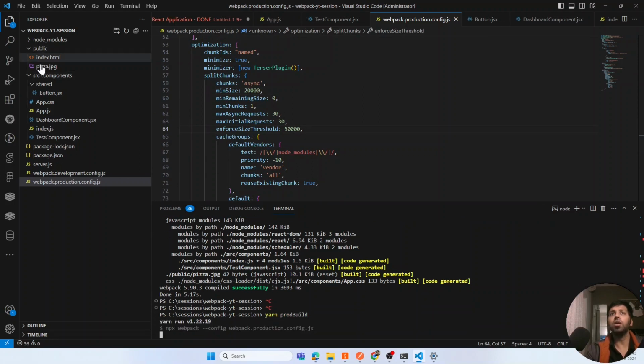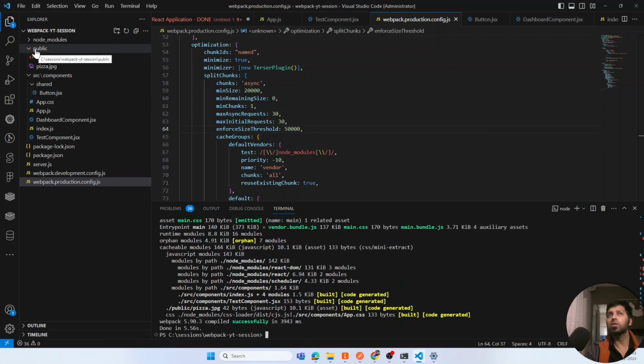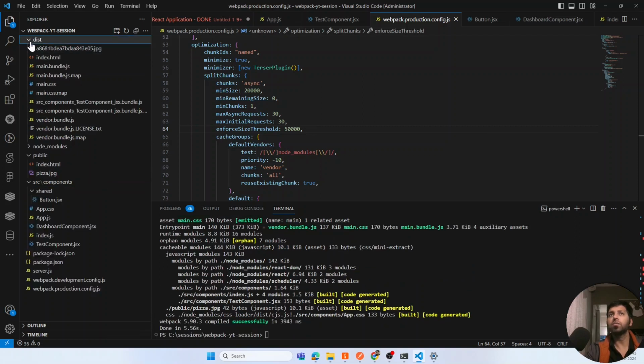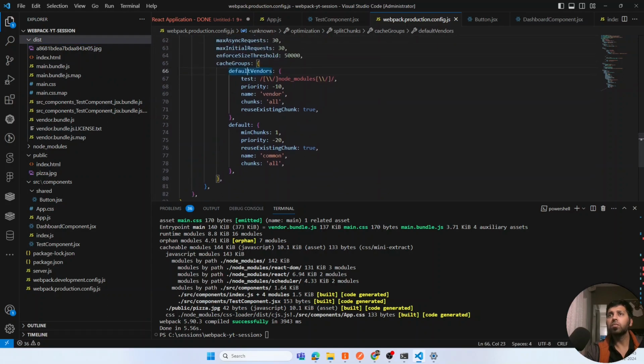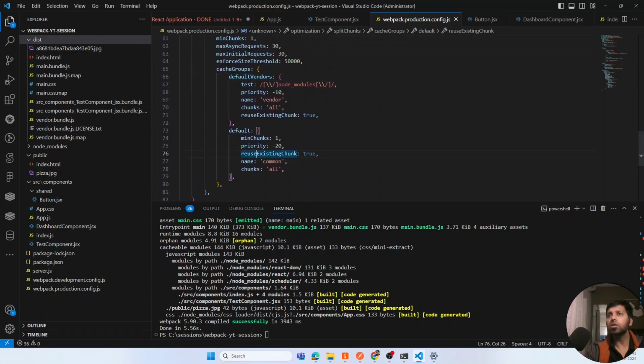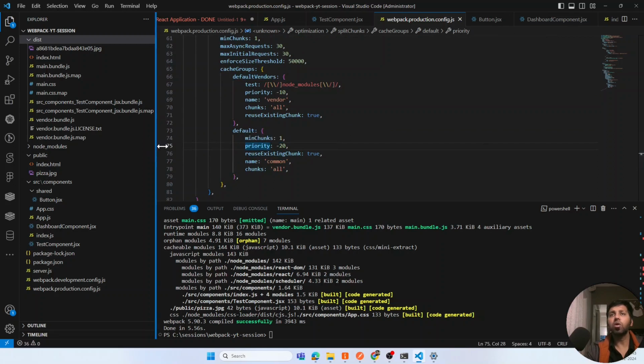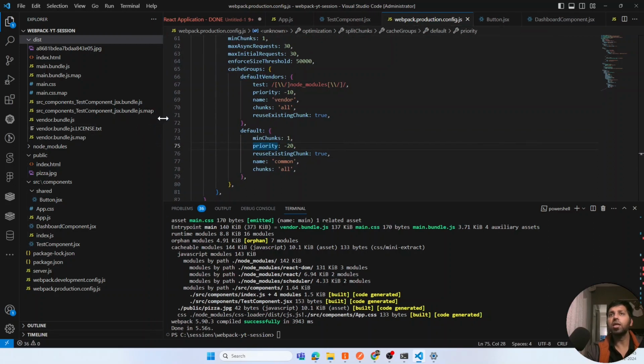Running the yarn build, it will create a dist folder for me. So, source bundle, okay. If it's being created inside the test component, okay,